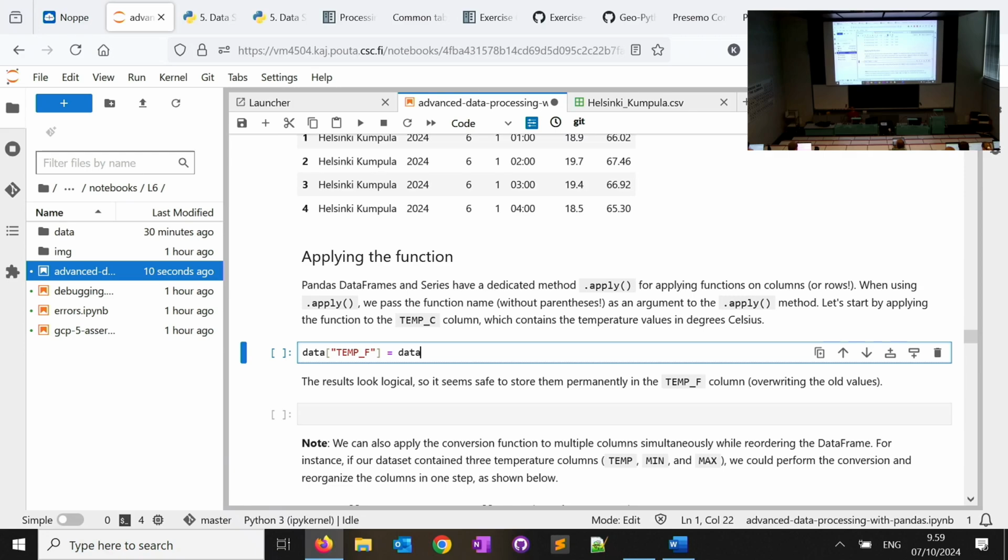Which column is the input of my function? It's temp_C. So from my data frame, I'm using temp_C, and on this column now I'm applying a method. This is what you use in pandas to apply a function. And here you just put the name of your function, which was celsius_2_fahr.